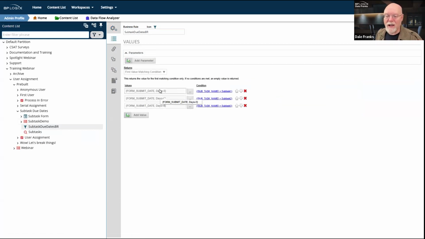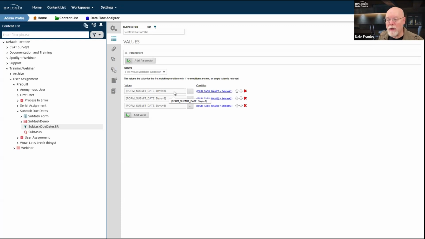And the reason that it's associated with it is because I need to be able to set my due dates based on the number of days from when the form was submitted. So because I have 3 subtasks, I'm going to need 3 separate due dates.